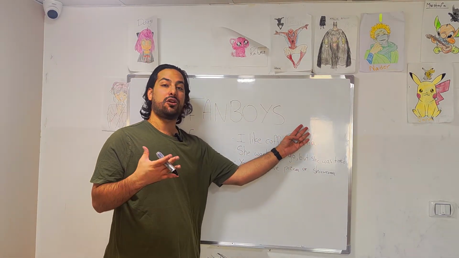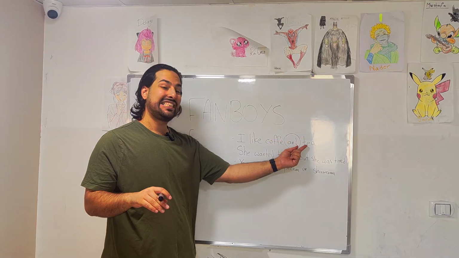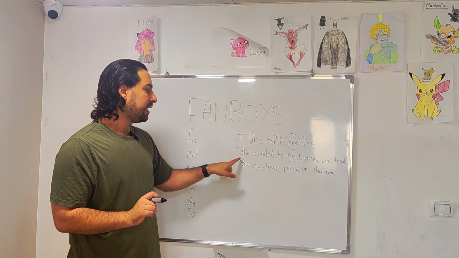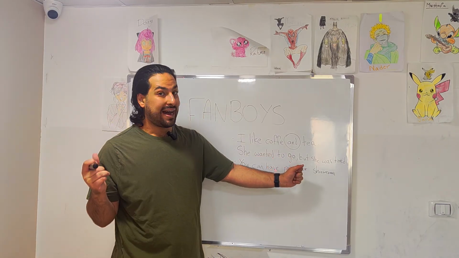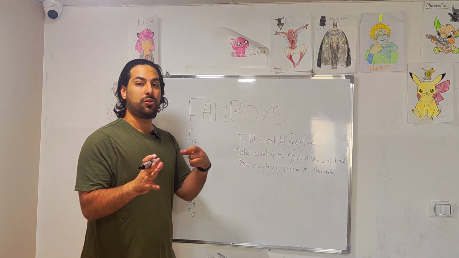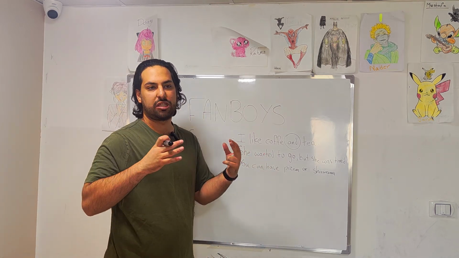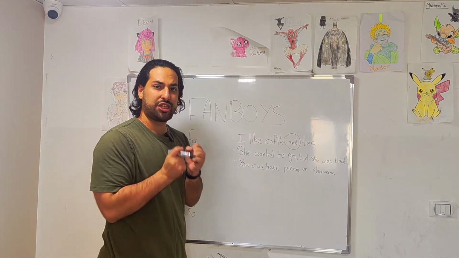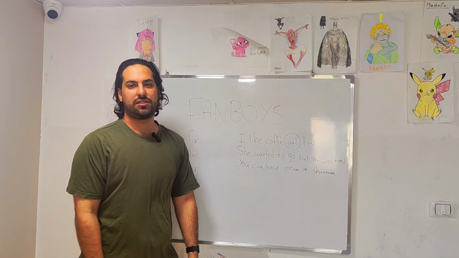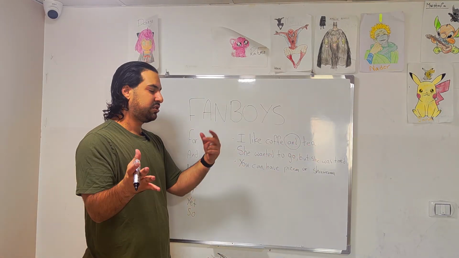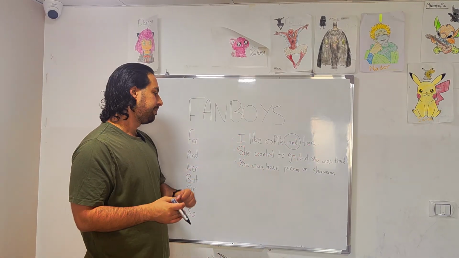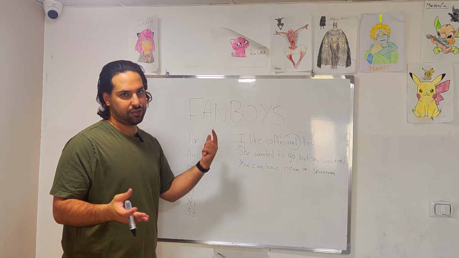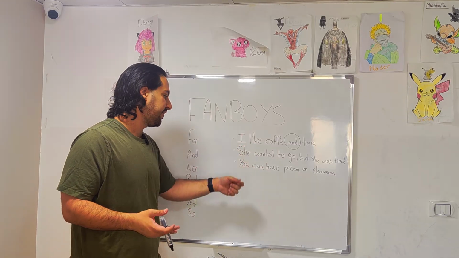I can just say, I like coffee. That's it. But I want to add tea. So we can say, I like coffee and tea. She wanted to go, but she was tired. This shows contrast, something that does not compare. For example, she wanted to go, she really wanted to go, but she was tired. Means she can't go. So this shows contrast, or something we can compare. Or something that is the opposite of what was supposed to happen. Because she wanted to go, she should be full of energy.